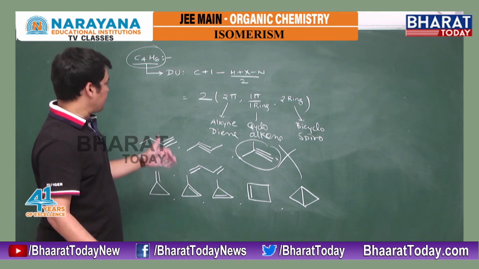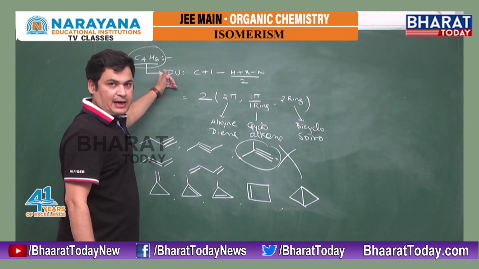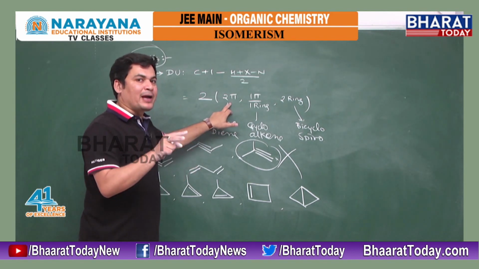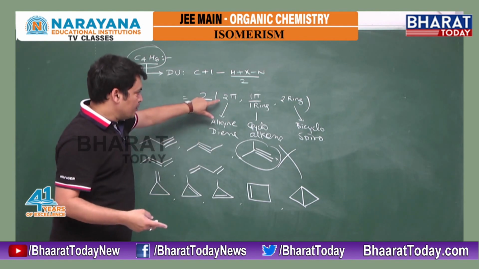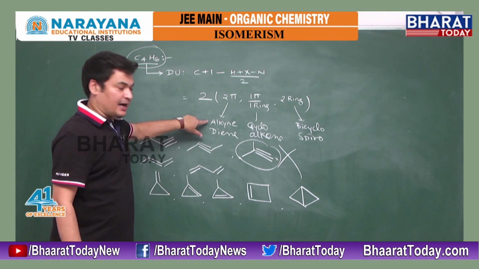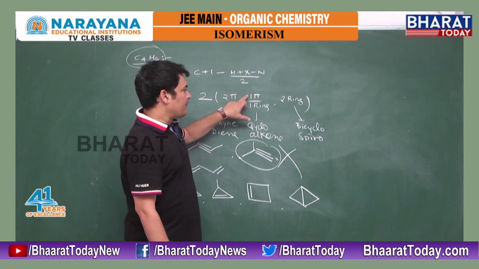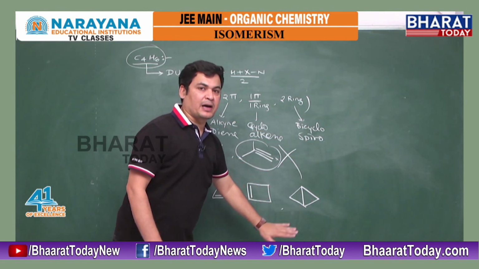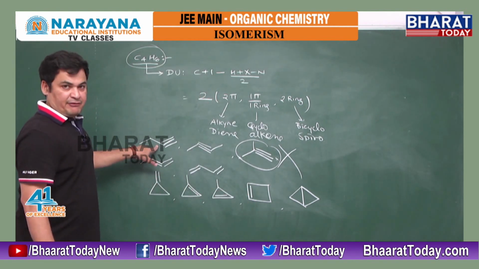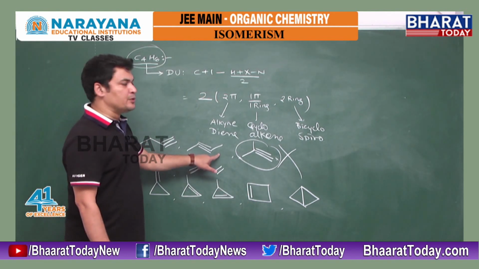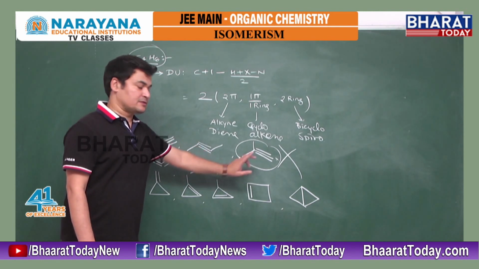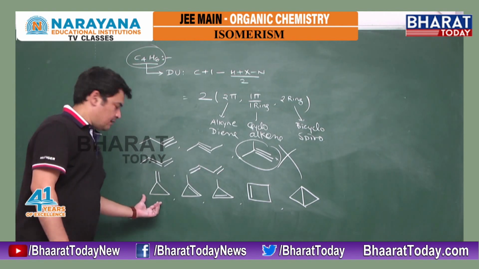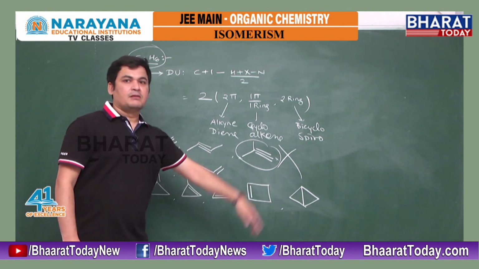Again, last time I am telling you, for C4H6, first try to get the degree of unsaturation. We are getting 2, meaning 2 pi bonds. If both pi bonds are at the same place, alkyne; split, diene. 1 pi maintained, 1 pi ring, cycloalkene. Both pi become ring, bicyclo or spiro, depending on the number of carbon. If all together, then but-1-yne, but-2-yne. I can't get chain isomers. If both pi split, diene 1,2 or diene 1,3, or cycloalkenes, or last is bicyclo.